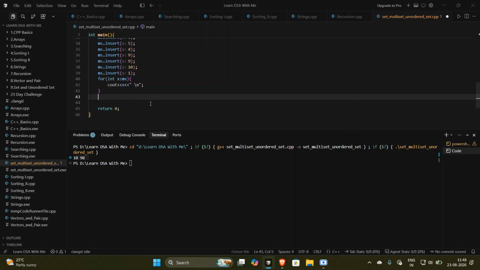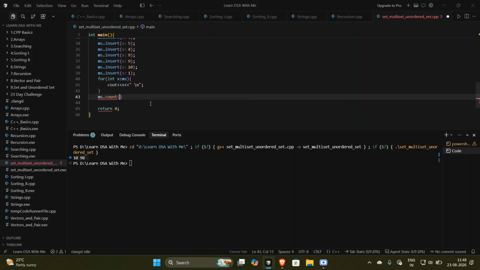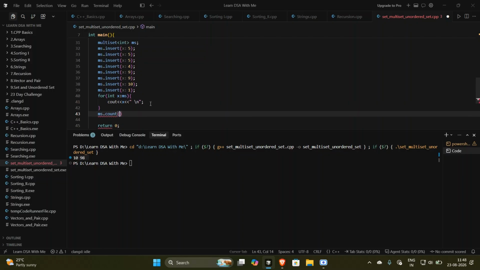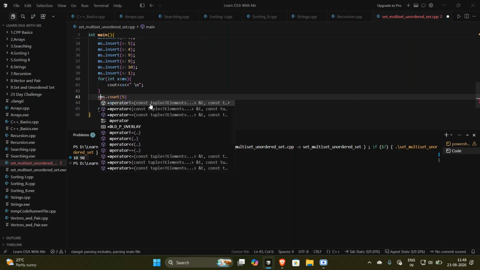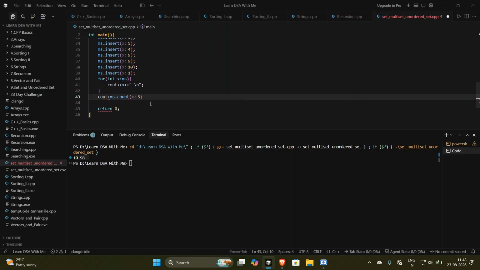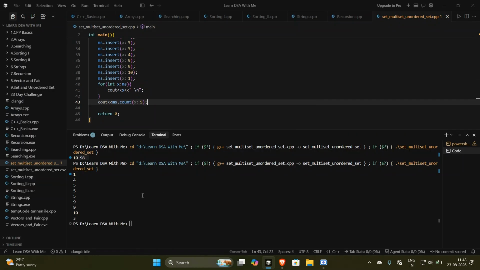And we will also try to use count and the main key difference functions, count and erase. So ms dot count 5. Okay, we'll just run the code once, and here you can see it has